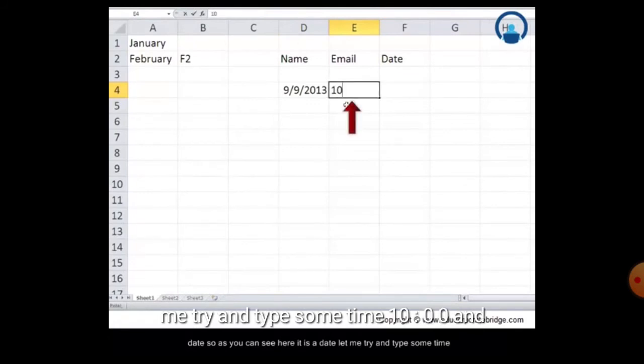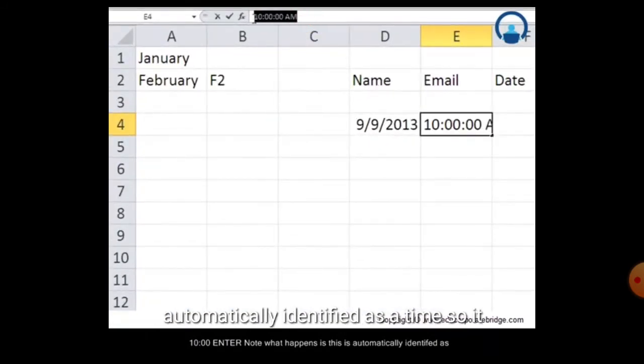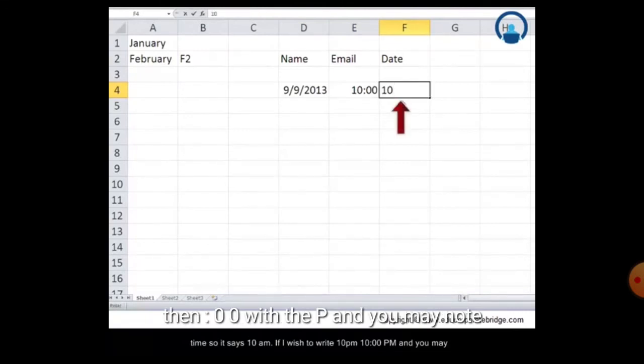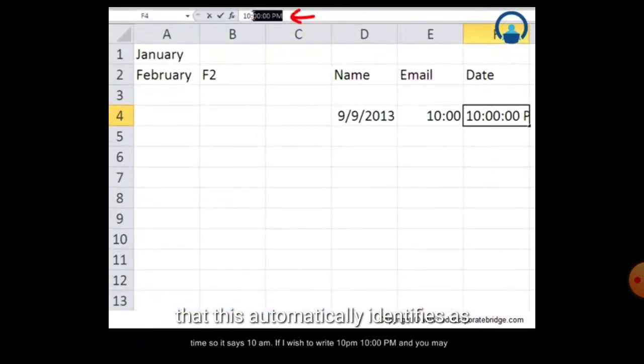And when we write the time, 10 colon 00, it automatically takes it as 10 a.m., according to your current system date and time. Now we write 10 colon 00 and p.m., and it will take the date format automatically.